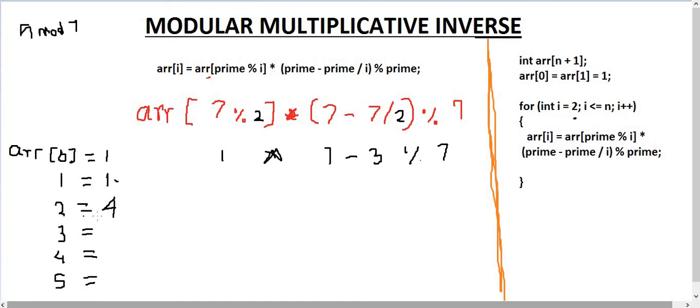We know that 2 into 4 is 8, and by doing mod 7 this returns 1.